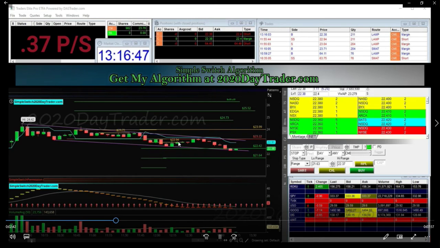So I stayed in on this speed bump play and waited for it to come back and retest the bottom of the channel that had been forming, as well as my potential one-to-one target here. Sure enough, it came down and got into this, but because I didn't put my stop right at the algorithm's exit point, I moved my stop just below this. I needed to wait until it actually hit the bottom of this channel to get out break even, and I ended up getting out with a 1 penny loss instead of break even. So it ended up being a 1 penny loss on this trade.